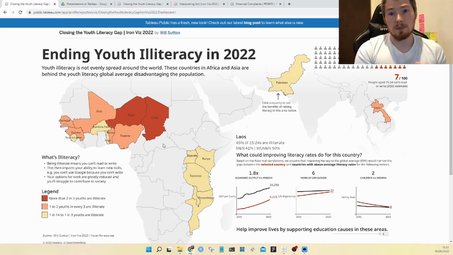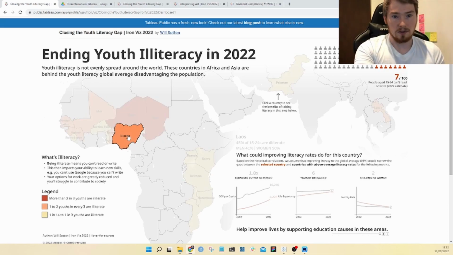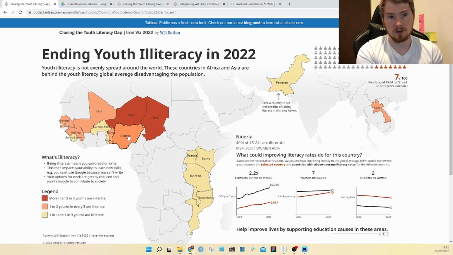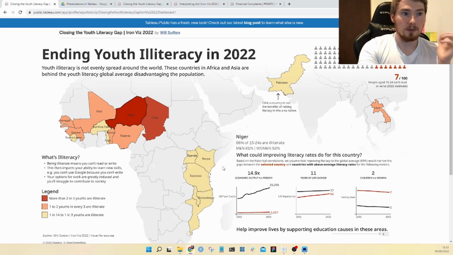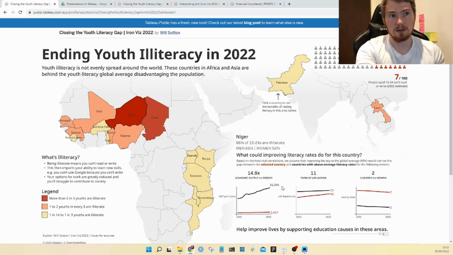Part of this is using the interactivity in Tableau to tell the story. So we can click around, we can use the interactivity to change these factors here, and this uses interactions and animations again to try and show this disparity of what could be potential.